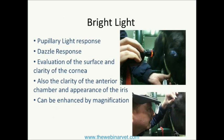So your bright light, okay, pupillary light response and dazzle response. Now by bright light, I'm talking about a light that hurts when you look into it. You really, really want it to be bright, 75 lumens or more. And they don't have to be expensive. The one that I use is a £15 head torch, but very, very bright light. And you want to be looking for the dazzle, smoothness of the corneal surface, clarity of the cornea, clarity of the anterior chamber, and the appearance of the iris. And if you've got tired old eyes like I have, then